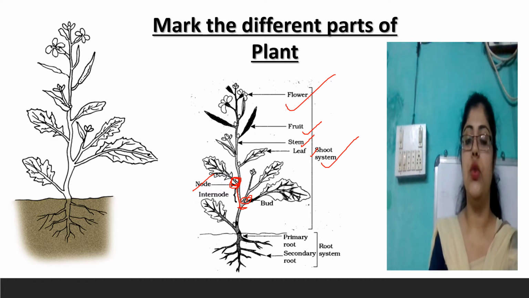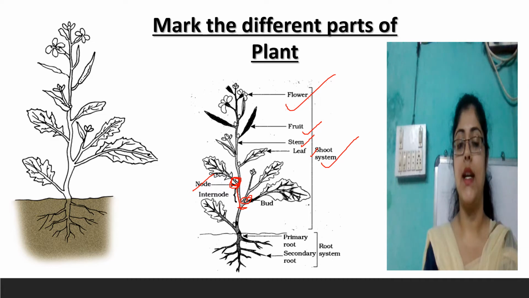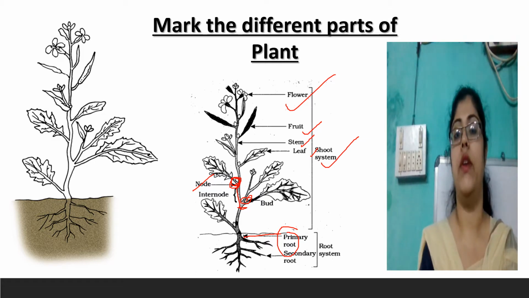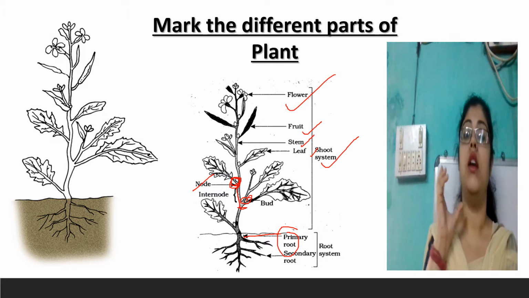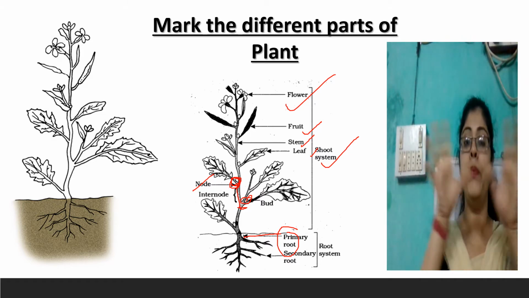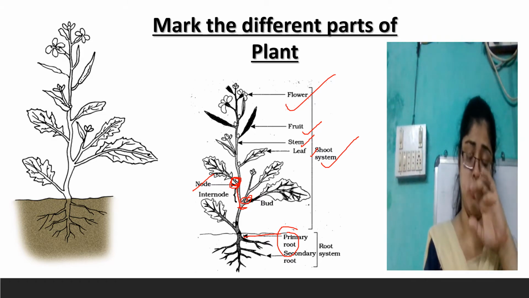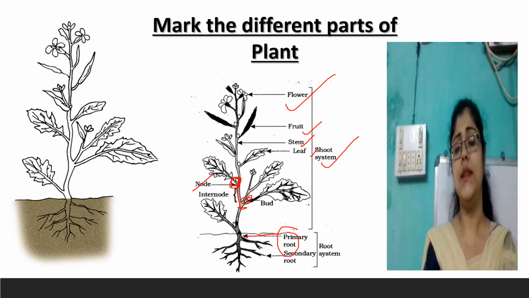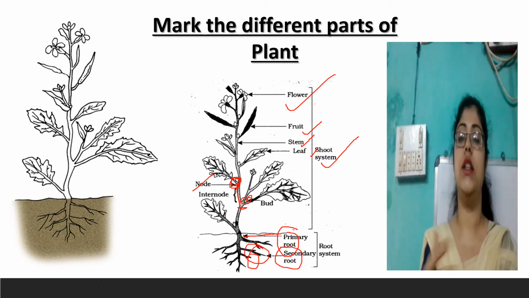And the root is further divided into two parts. That is the primary root, from where the root started. Primary means, as we all know, the starting point of anything. So primary means the main part of the root, from where the roots scatter from one place to another, right? So this is the primary root. Meanwhile the secondary root is the outcoming of further roots from it.